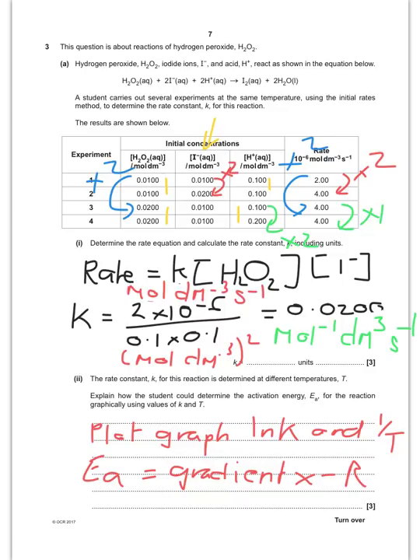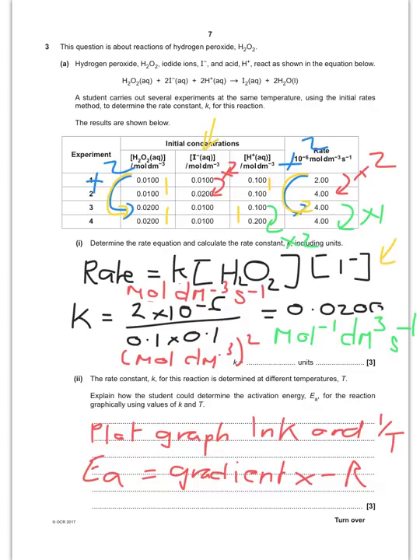And finally, let's look at peroxide. Looking at that arrow there, going from 1 to 3, I have doubled the concentration of peroxide. Everything else has stayed the same, but I've doubled the rate, so it's also first order with respect to peroxide, which is how I get this equation. To find k, let's pick experiment number 1, put the numbers in, and you will find the answer to be